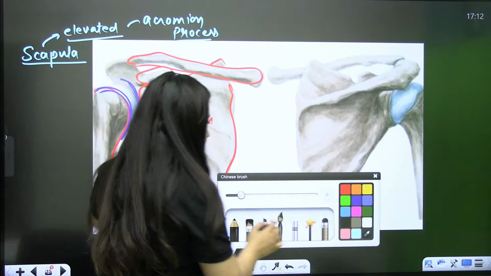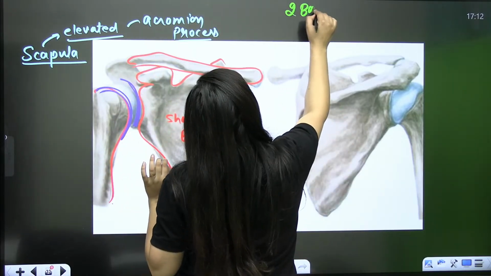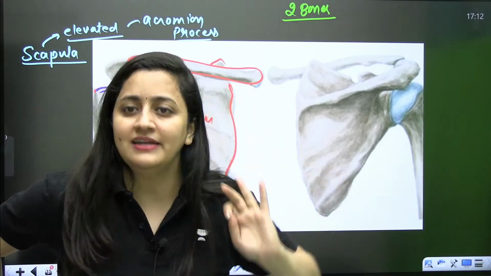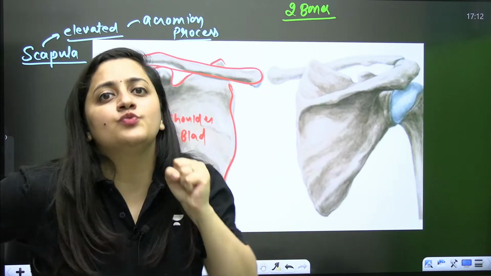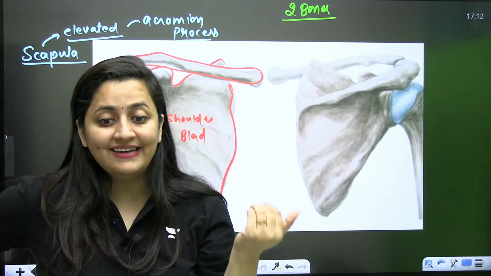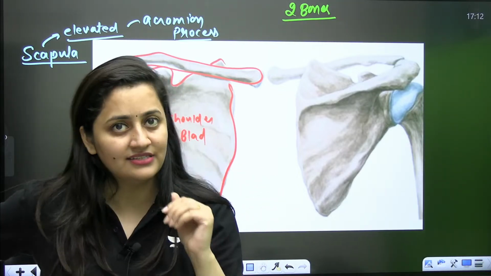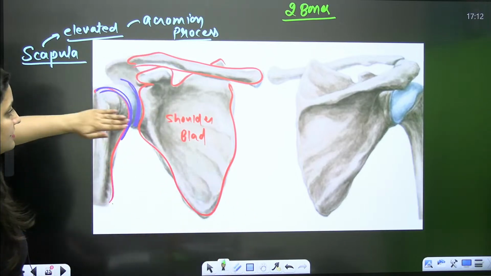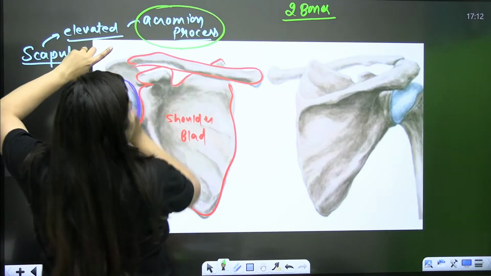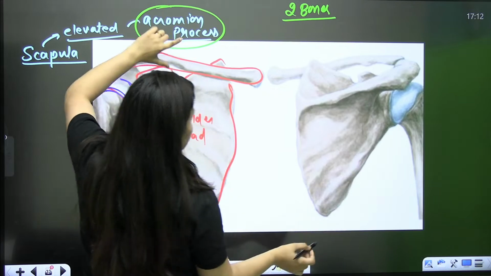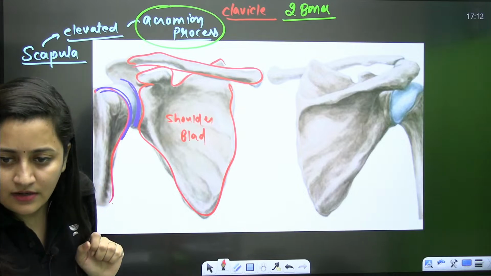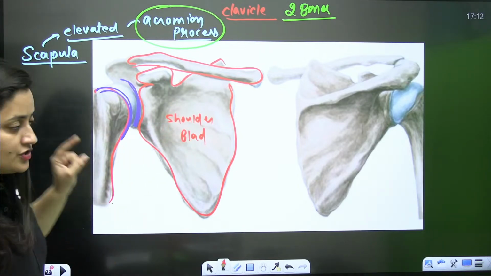Now you know that if the pectoral girdle has 2 bones, these 2 bones should also articulate with each other. Even they should get fixed with each other. Yes or no? Of course, yes. So the scapula has an elevated, ridge-like portion, which we call the acromion process. And to this acromion process, the clavicle is attached. Clear? What is attached? The clavicle is attached.